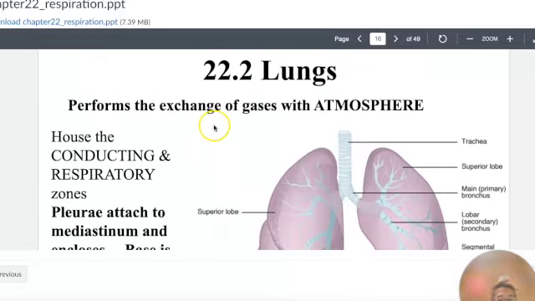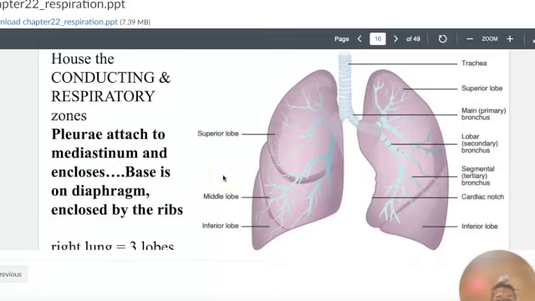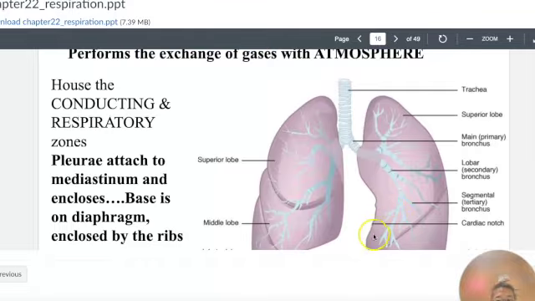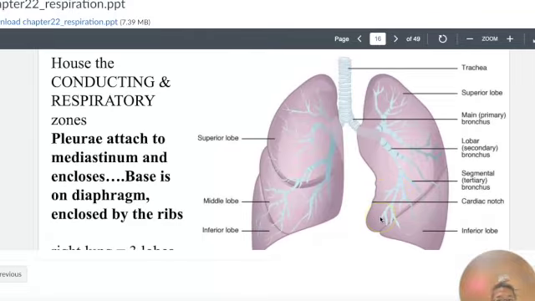Here again is a picture of the lung. The one with the indentation is the left lung. Entering is called the hilum. The primary bronchi, and secondary bronchi, left and right, and then secondary